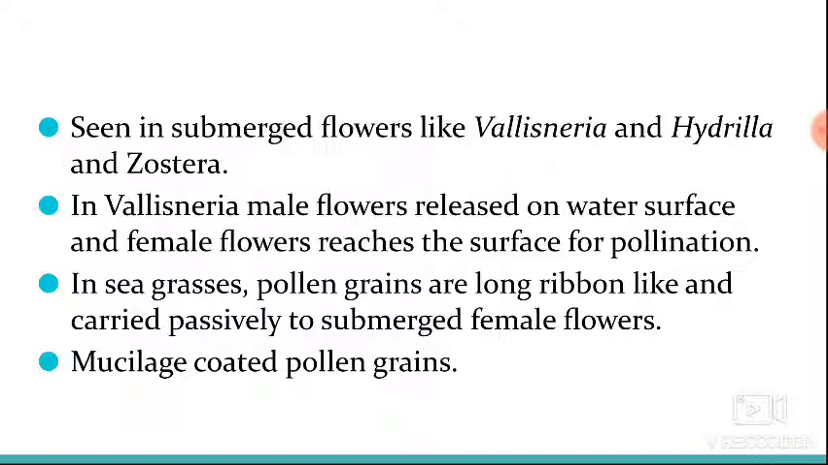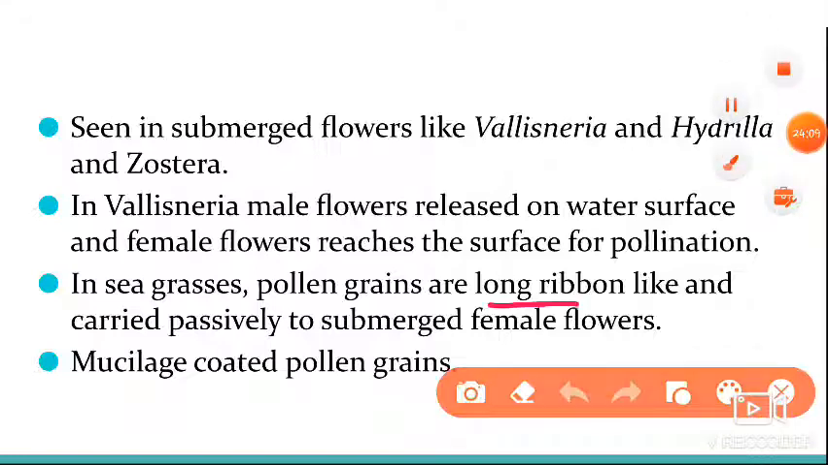The pollen grains are ribbon like. The ribbon like pollen grains we can find here. And the seagrass or Zostera is completely submerged in the water. So what will happen here? Whenever the flower releases the pollen grains, at that time they are ribbon like, and inside that only they are going to be transferred. They are going to reach the